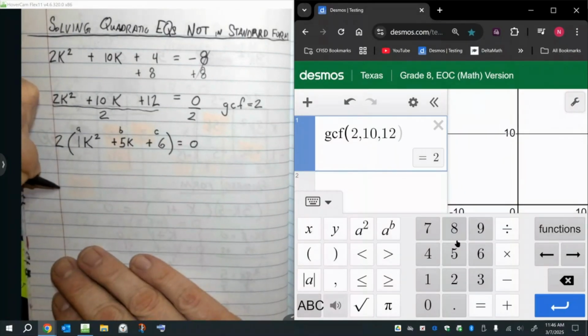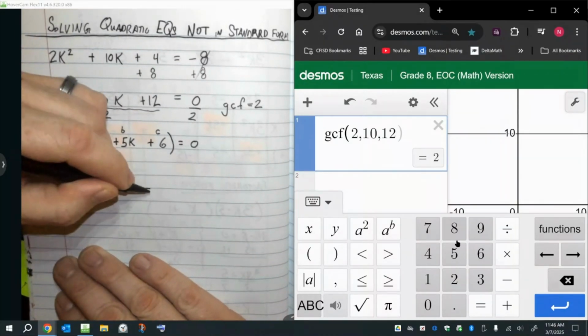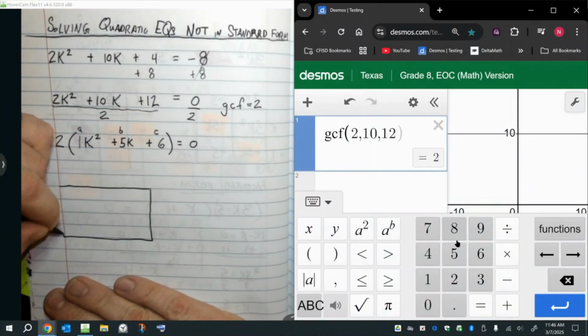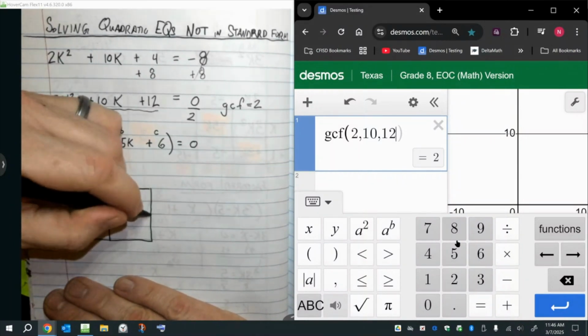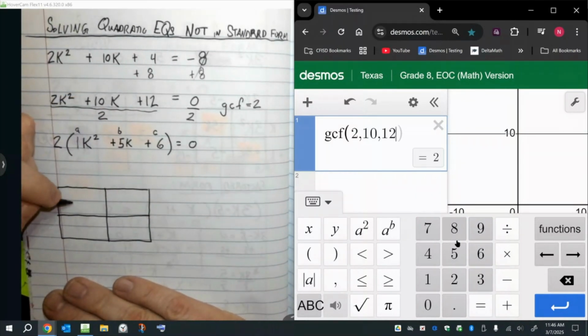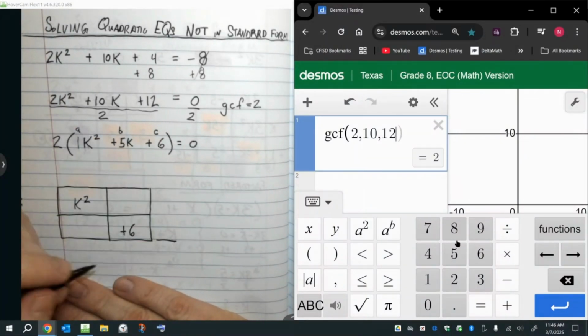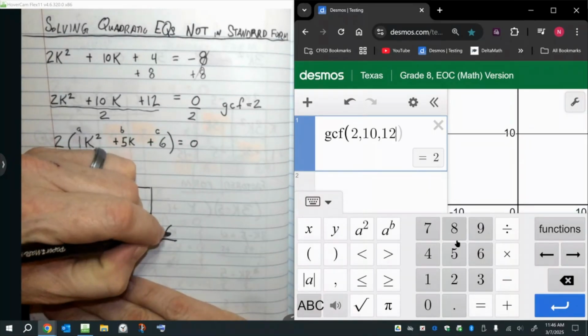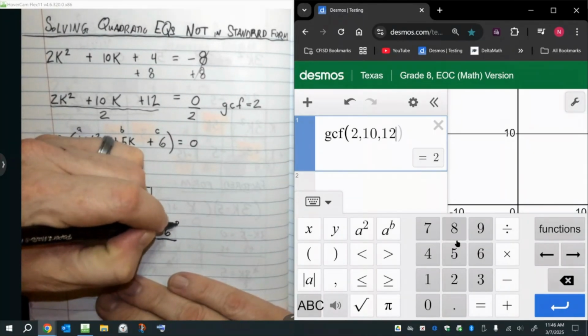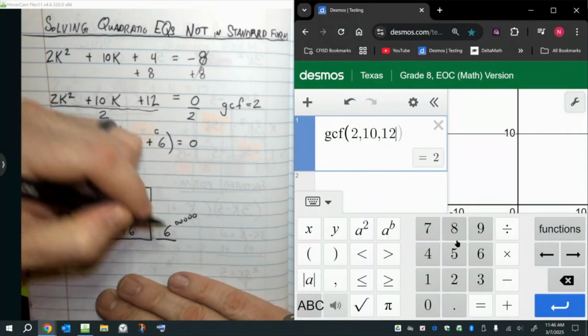And so we're going to draw our box. And we're going to put our k squared in the first box, plus 6 in the last box. 1 times 6 is 6. So remember what this means. I'm thinking